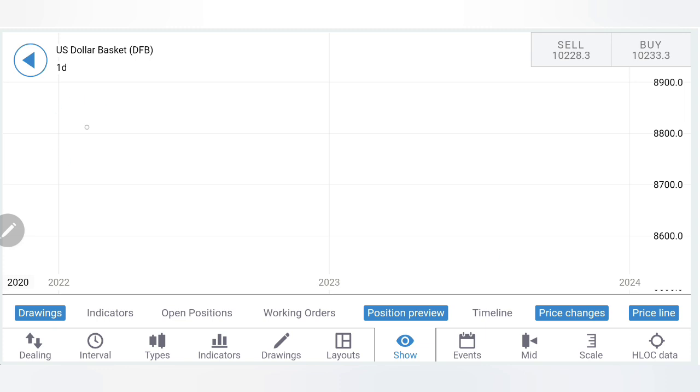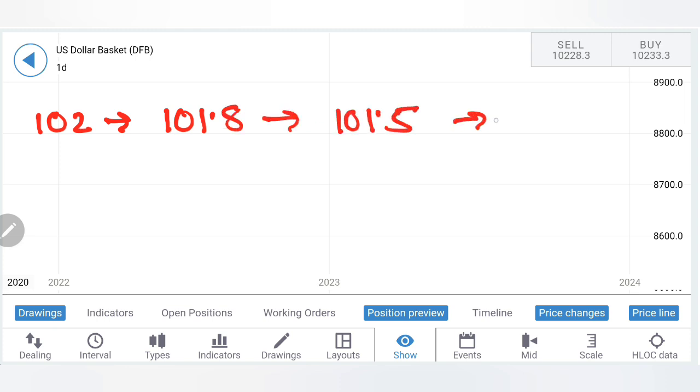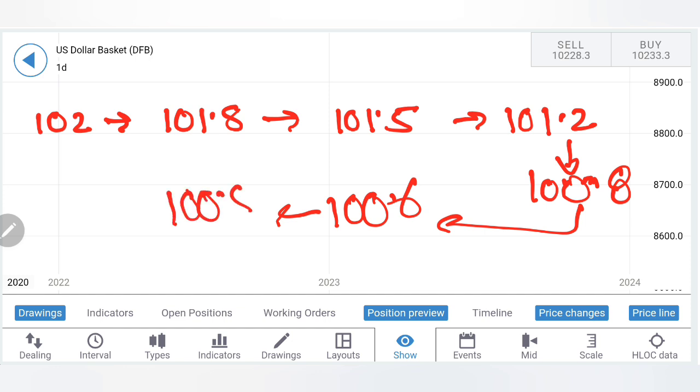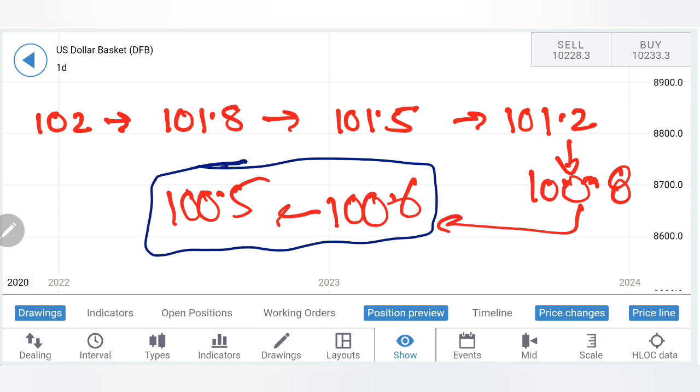Now on the sell side, I will recommend you to sell at 102 levels, below which you can again expect 101.8, 101.5 and then 101.2 levels. Remember, if it breaks below this level, 100.8 and 100.6, my favorite levels will come into picture. But this is going to be a very good support zone. I don't see it breaking any time soon. Possibly we can see it trading bullish. We may not see these levels again, and hence there could be little more rise. Take your positions accordingly. Trade with a stop loss, trade with a trailing stop loss.